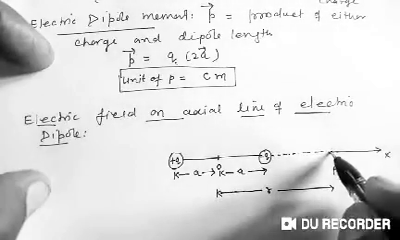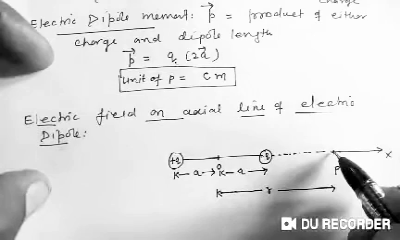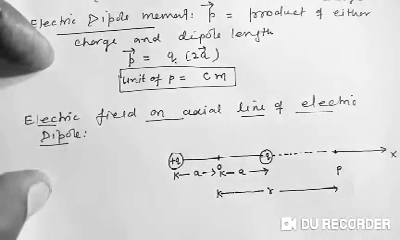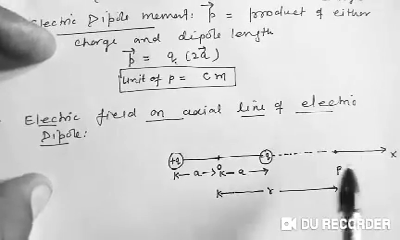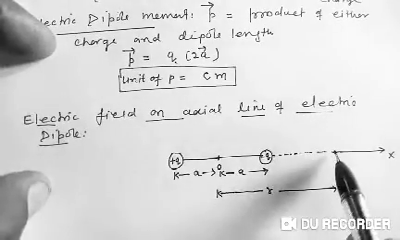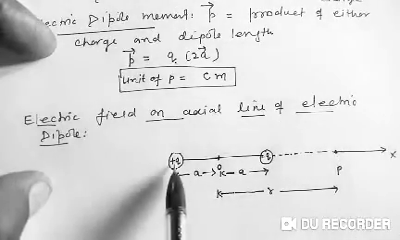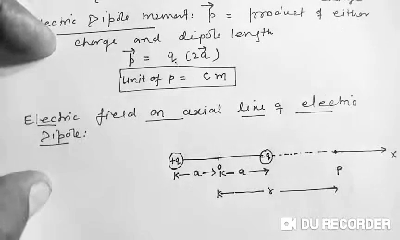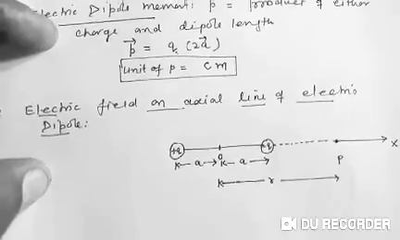So now we have to find the electric field at point P here, and this point P is on the axial line, right? At point P there will be two types of fields: the electric field due to the positive charge as well as the electric field due to the negative charge. So first of all,